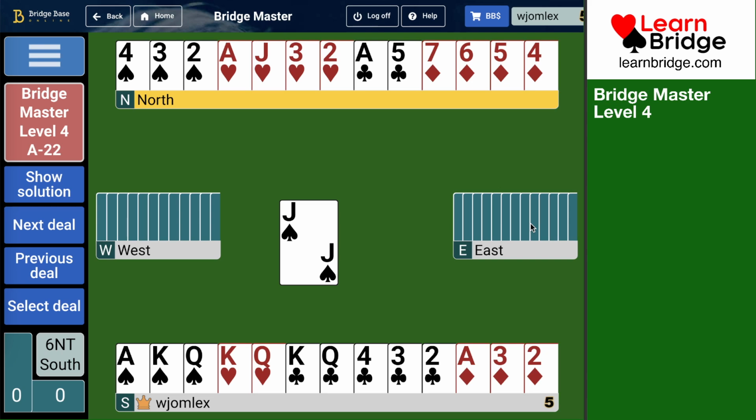So ducking a club seems like the standard way to get another club trick. We'll win on 3-3 or 4-2 clubs. I have to maybe be a little bit careful about how I duck that. I'm looking at ducking the first round, perhaps, because I need...